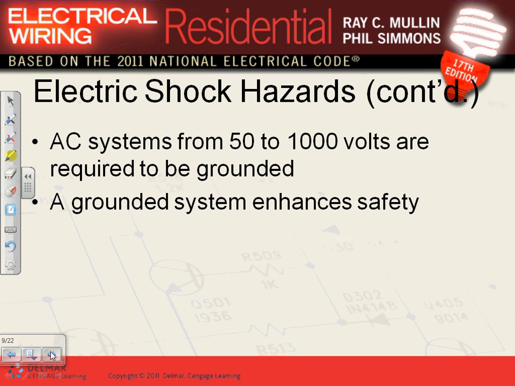If you have from 50 to 1,000 volts, the systems have to be grounded, and we know why. I told you guys before, for electricity to work, you need only one hot and Mother Earth. To work efficiently, what do you need? Neutral, to bring the current back efficiently. To work safe, what do you need? A grounding conductor. So if accidentally the hot